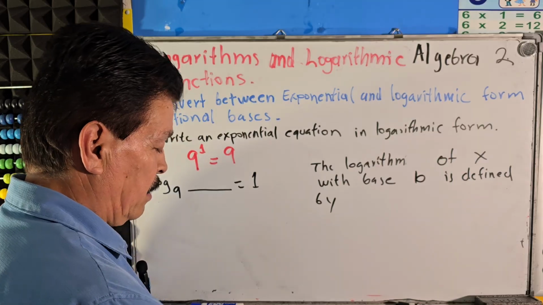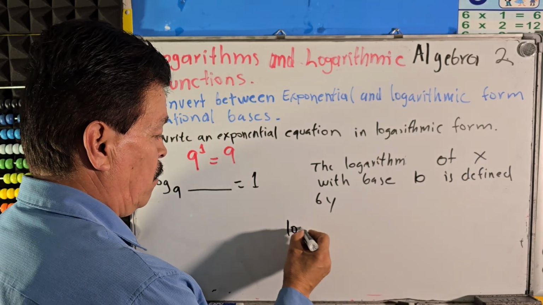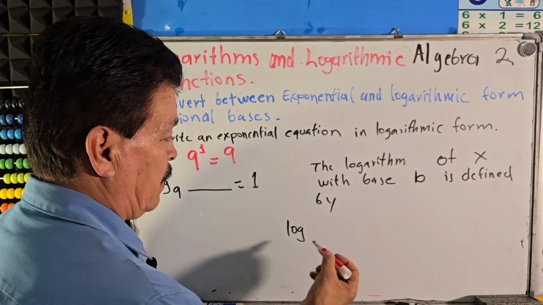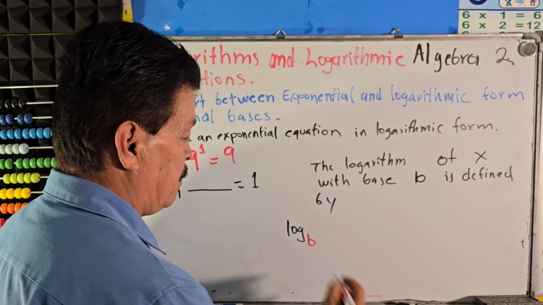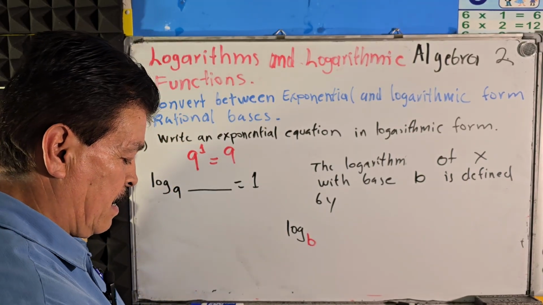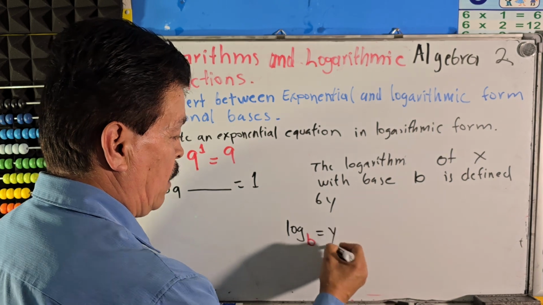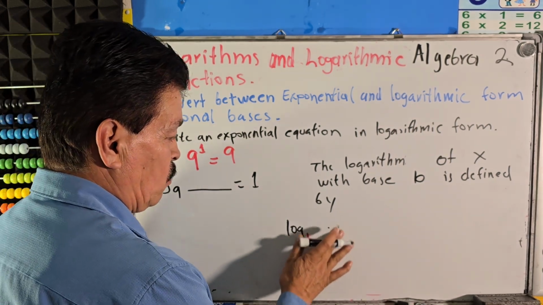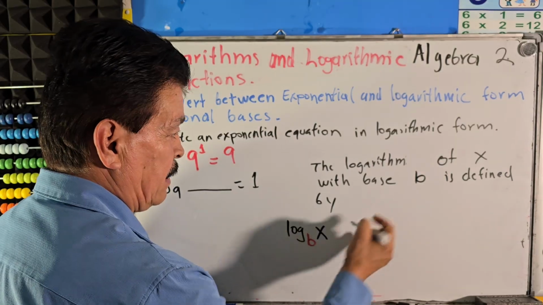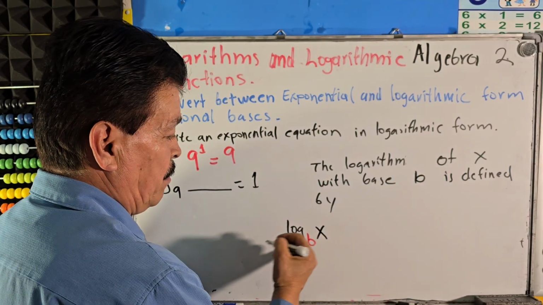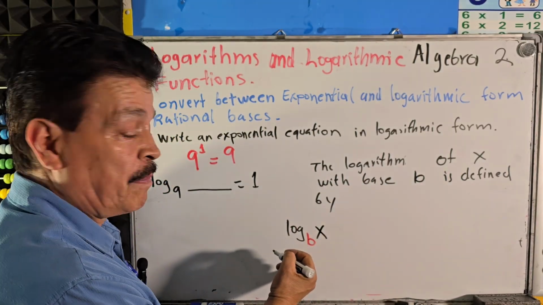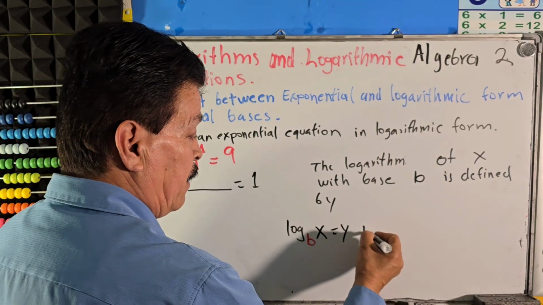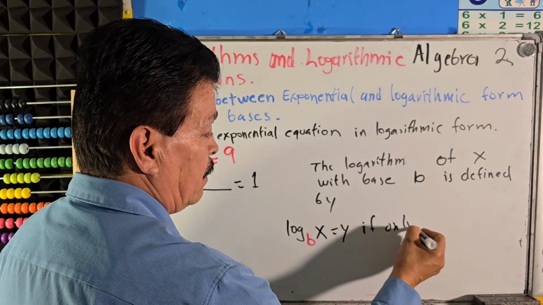We have to write our problem as log base b of x equals y. The logarithm of x with the base b equals y if and only if